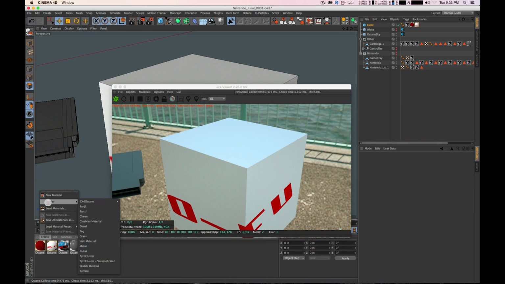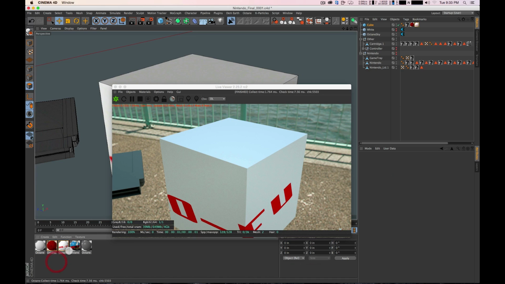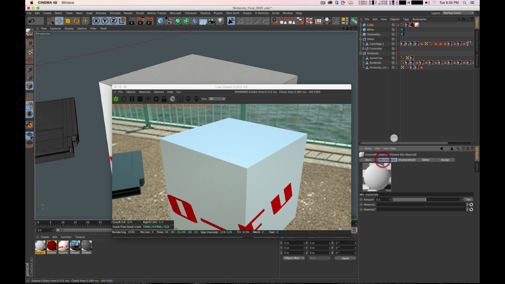I need to create a shader that is an Octane mix material. And when I click on that and go to my mix material, I have material 1, material 2. My base texture is going to be that bump thing, the red bump thing I made. My top texture is going to be the Brograph texture. And the other thing that I need to do to complete the whole thing is to